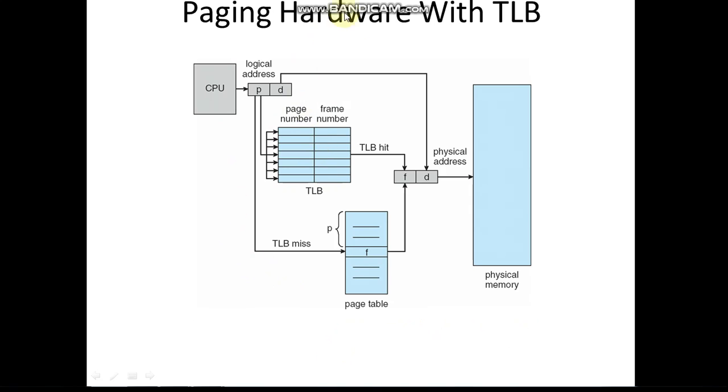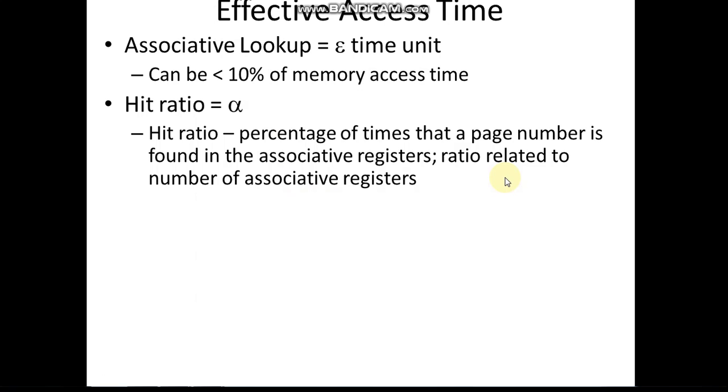This is the paging hardware, the way we can use it with TLBs. The TLB stores the details of page number and frame number, and a TLB hit is obtained if it is present. If it is not present in the TLB, then the respective page number is searched in the page table. Otherwise it is obtained in the TLB itself. Here the TLB is stored as additional hardware, avoiding the memory requirement within the main memory itself. When the TLB hit is obtained, the frame is available, and the displacement is added to it to get the effective physical address.